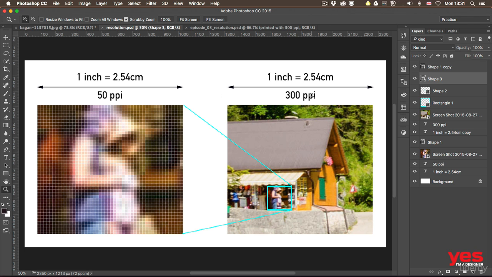So if the resolution is set to a high number like 300, then on an inch distance, which is 2.54 centimeters, you will have 300 of the pixels from the image printed, while here we will have on the same distance 50 pixels from the original image printed. So you can see reducing the resolution will make your print much bigger, but the quality of the print will